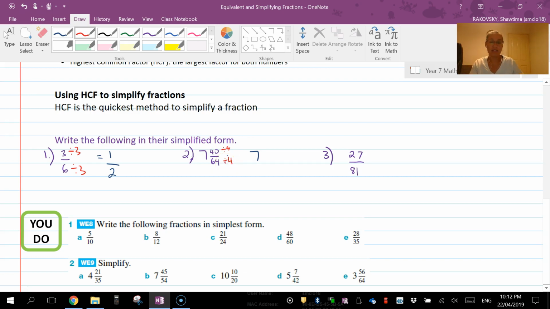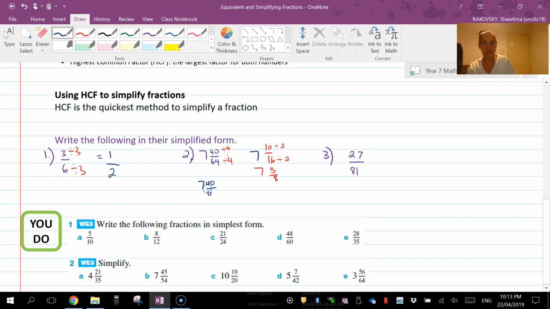and the answer is going to be 10 over 16. Now I can see here again that I can divide these guys by a common factor, which is 2. What I do to the top, I must do the bottom, and that's going to give me 7 and 5/8. Now if I have a look here, 2 and 4, 2 times 4 is 8, and I also know that 64 is a factor of 8, and so is 40,